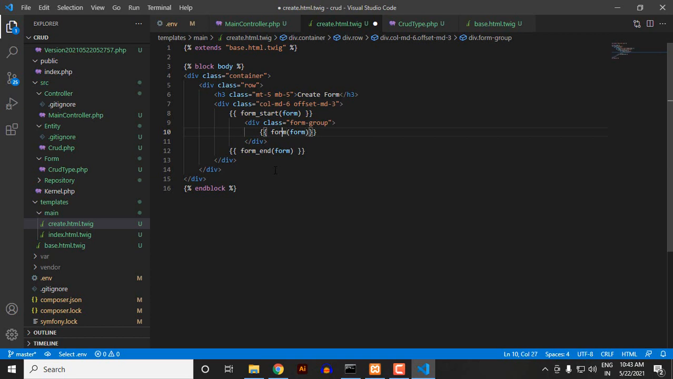Let's do it. If it works, then it's okay. If it doesn't, then we are going to change it. Form widget, form dot, and the form dot and the name of the field. So our first field was title,